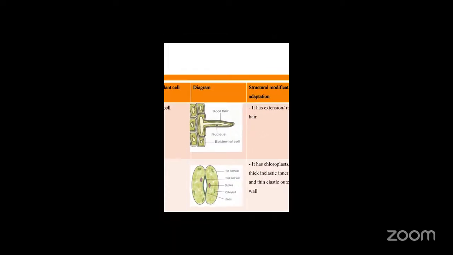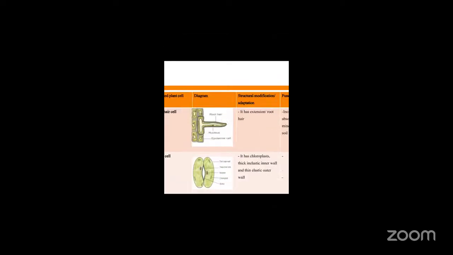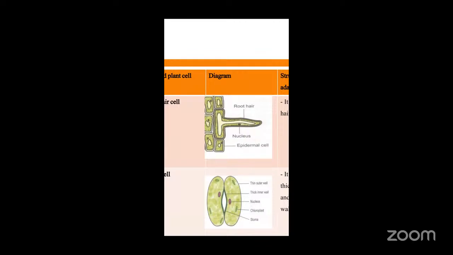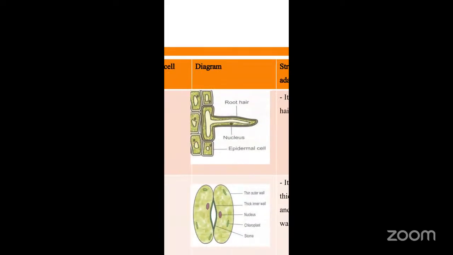We went ahead and talked about guard cells, which are found mostly in the leaves, where we have the stomata. Guard cells are specialized in that they have chlorophyll, stored in structures known as chloroplasts, as you can see on your screen. The guard cells have chloroplasts so that they can use the chlorophyll to trap sunlight for photosynthesis. When they carry out photosynthesis, it enables them to open the stomata,